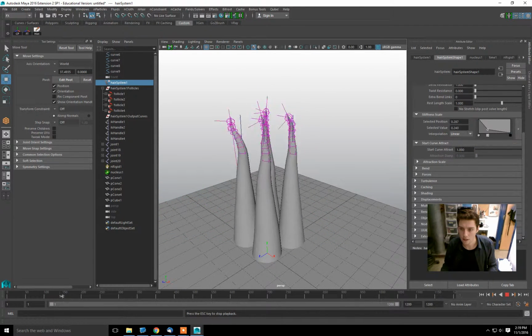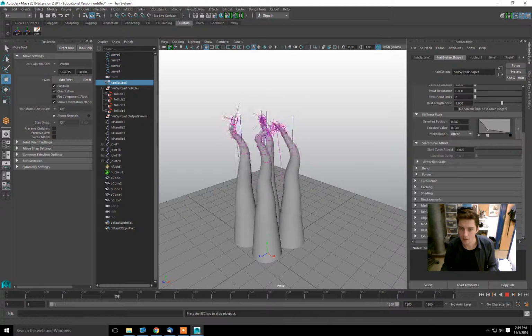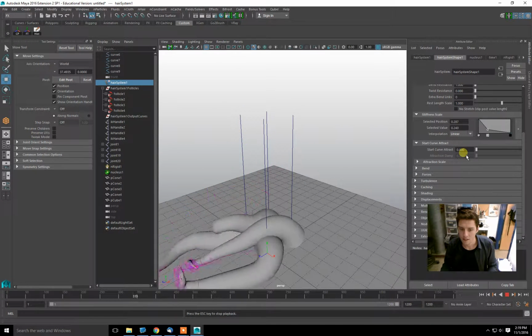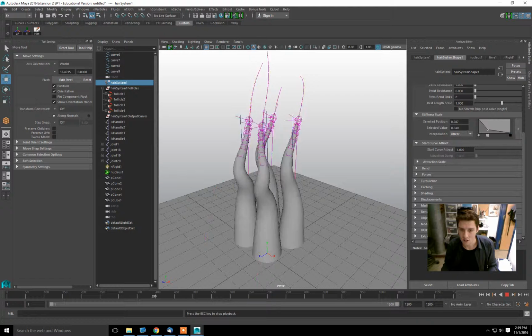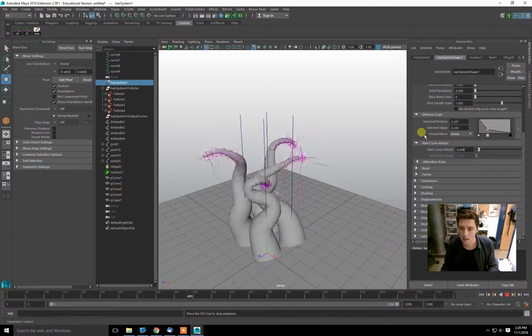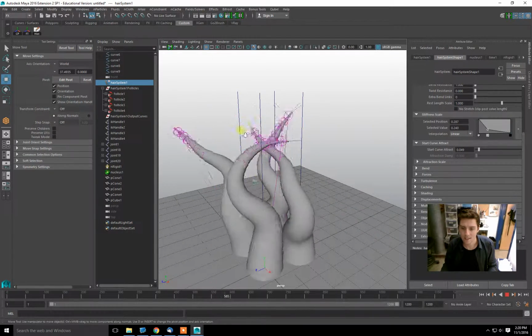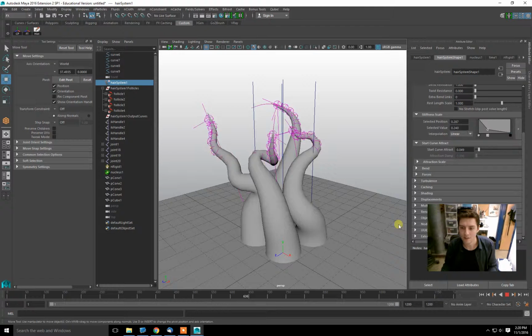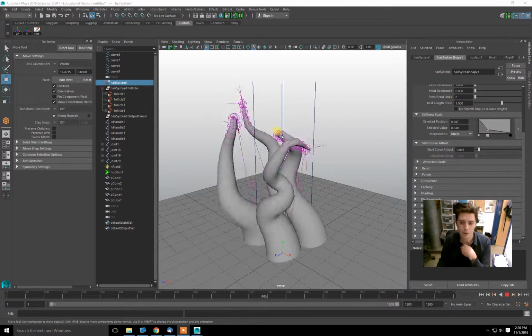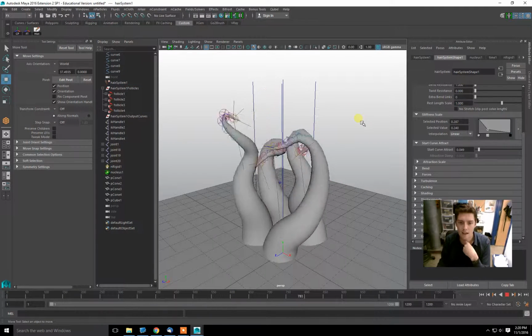And what it's going to do is make them want to behave more like that first curve that we drew. And you can even animate this stuff. So if you wanted to make them start like this and then all of a sudden get straight up, you could. Just right click, set a key, and animate that. But I think this to me looks pretty good. So I'm sorry about those little spots where I didn't know, but I hope this helps, and